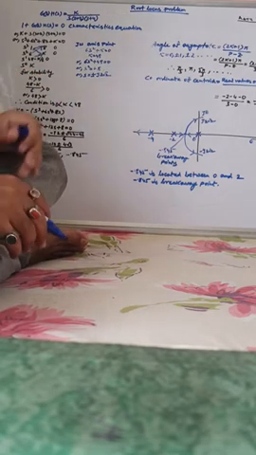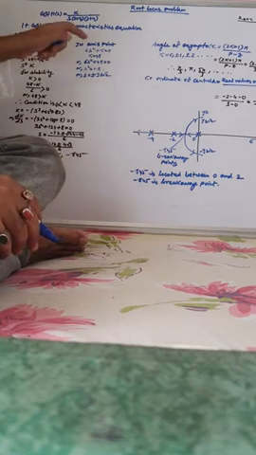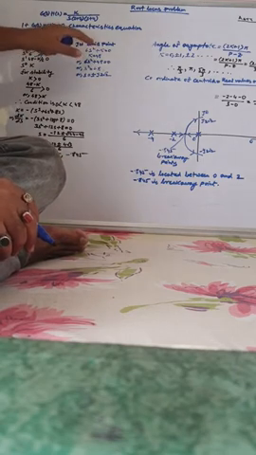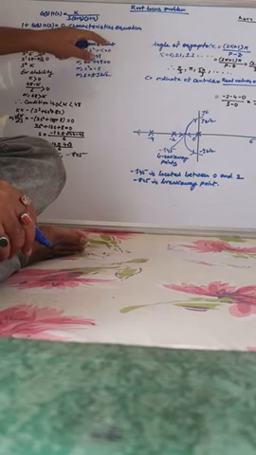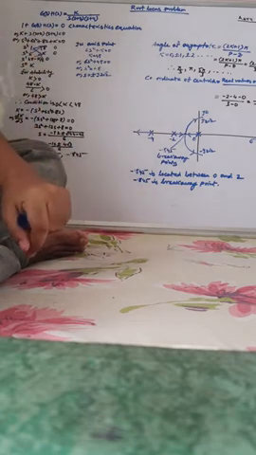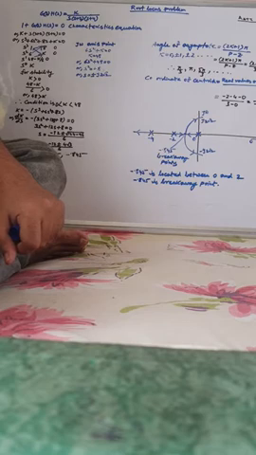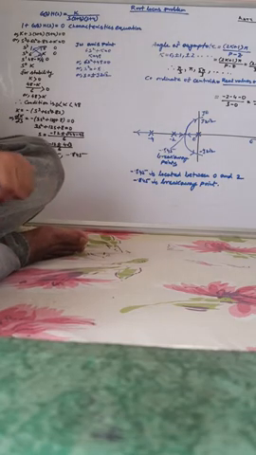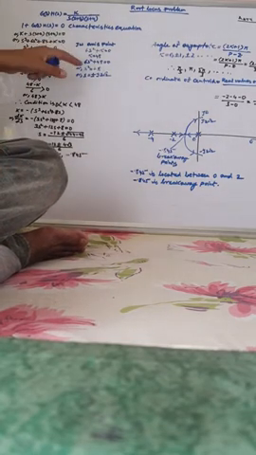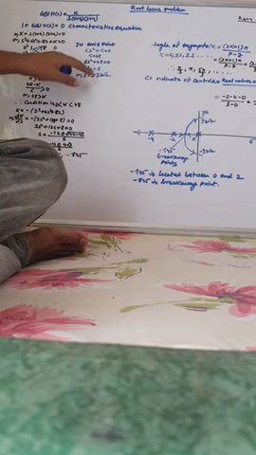Now you have to find out the j omega axis cutting points, for which you have to follow this equation, 6s square plus K is equal to 0. So if K is equal to 48, then 6s square plus 48 is equal to 0. So s square equal to minus 8, s equal to plus minus j 2 root 2. So you have got the two j omega axis cutting points, s equal to plus minus j 2 root 2.